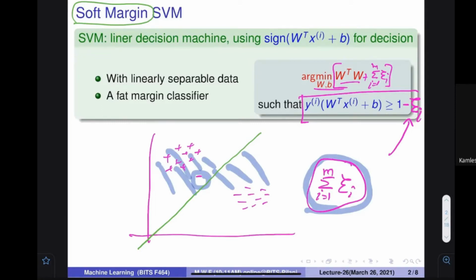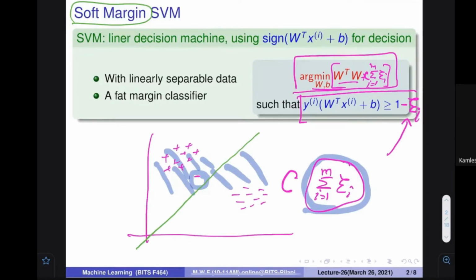Can you see this? We want to minimize this quantity by allowing some slack variable. So what would happen is that the things would get adjusted in some way, so that even if there is some problem, we are okay. Make sense? So for this quantity inside here, the summation of this slack, we can also put a constant c. We can say c multiplied by this quantity I want to minimize.